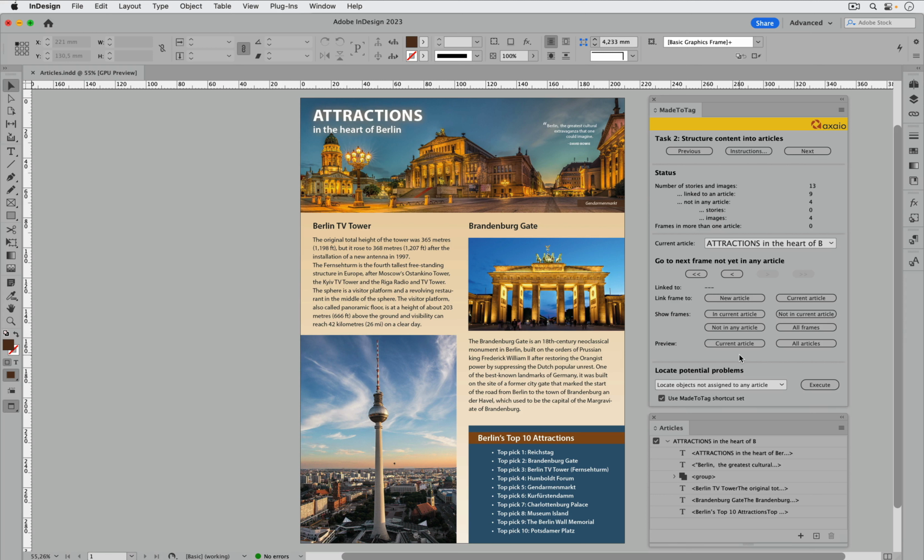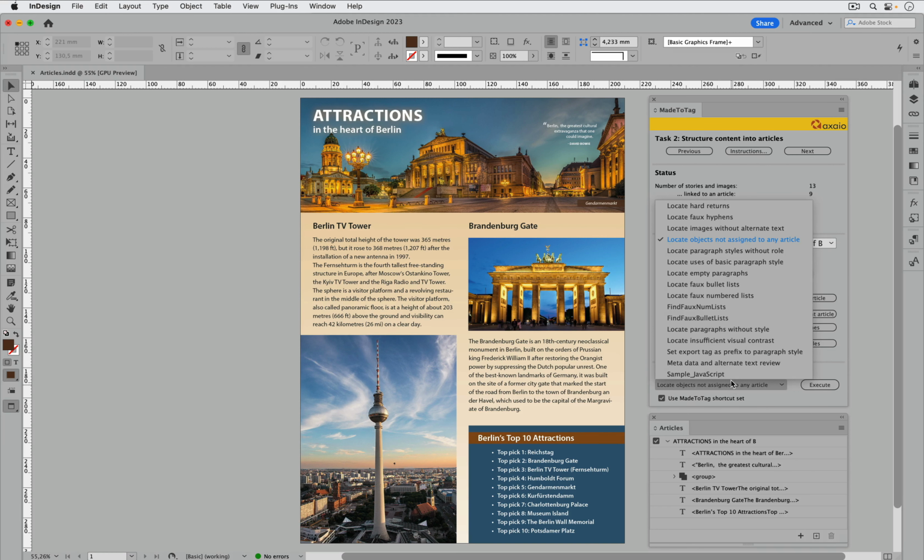The number of created articles in the document has no impact on the reading order. All the elements can either be structured in a single article, or multiple articles can be created, for example, chapter by chapter or even page by page. Matotek can also locate objects not assigned to any article in your InDesign document.